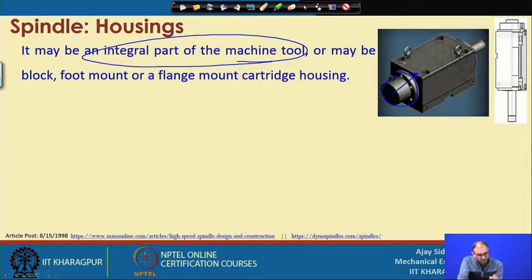So, you do not require any additional assembly here, and once you reduce the assembly, we know that wherever there is assembly or many parts, chances are high that it will loosen at a later stage. So, it is better to make a monolithic structure, so that you can reduce the number of joints, and at the end it will also increase the stiffness of the machine tool. So, sometimes it is like that, or sometimes you use the block or flange mounted cartridge housing type of thing.